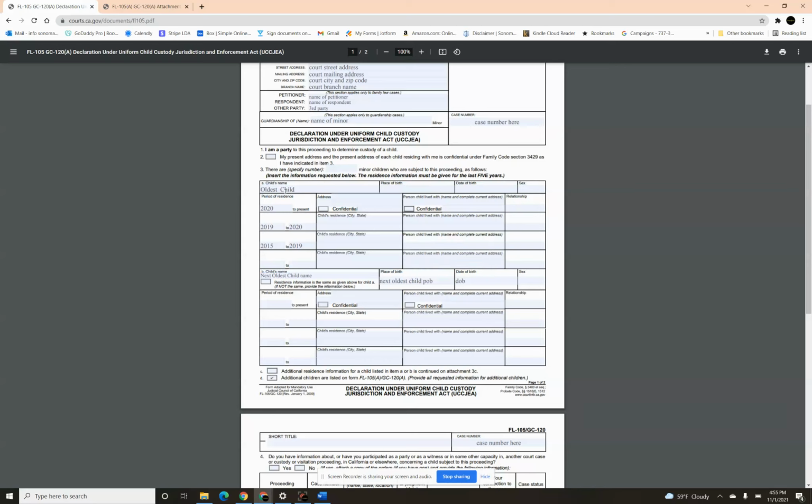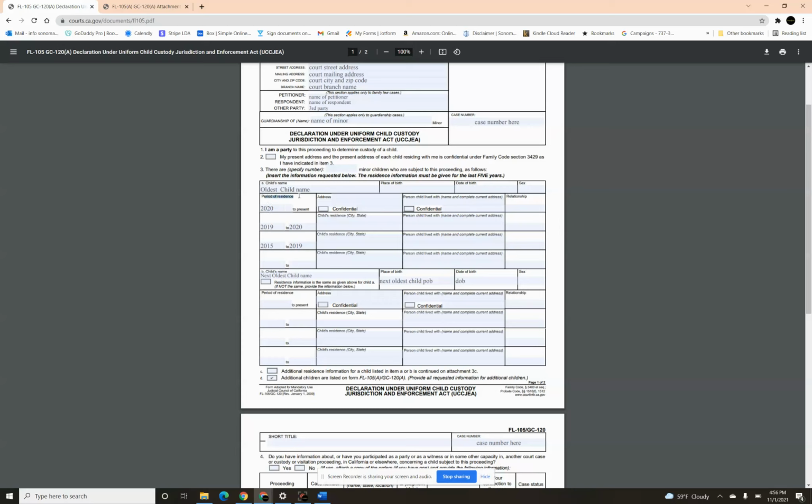So, we'll go ahead and start with the oldest child. You will type in the oldest child's name, the place of birth of that child, the date of birth of that child, the sex of the child, and remember, the court would like to know the last 5 years of residency.